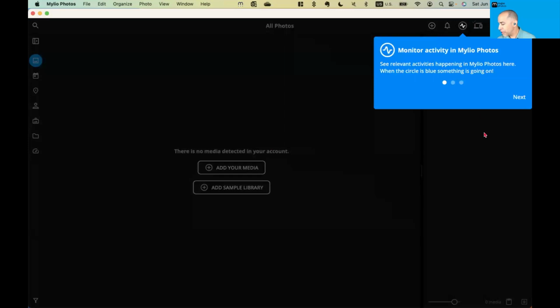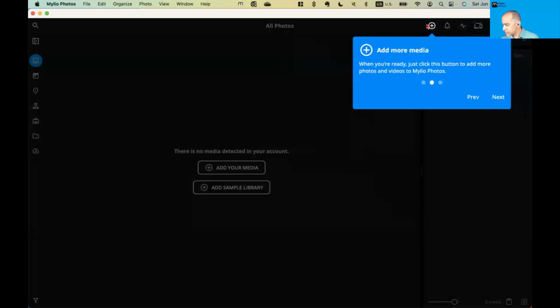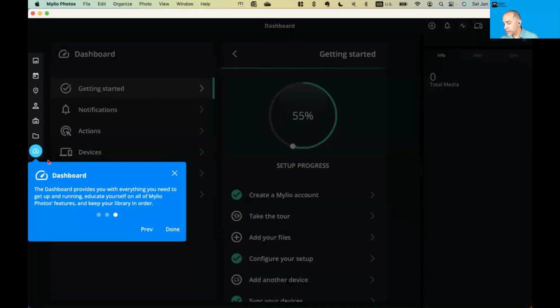All right, so now that we are in the Mylio application, Mylio is going to take me to a quick little tour. It says, hey, this is where you can monitor the activity. Like if you did a big import and you want to see the status of that import, you click that activity monitor and it'll show you the progress. The add more media button is where you go to add images to your library. And it also shows you the dashboard,